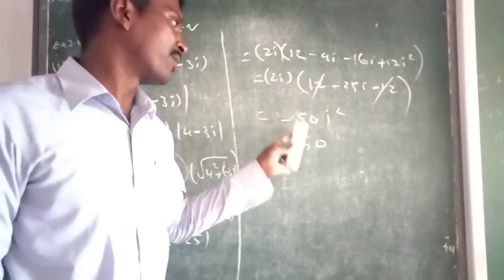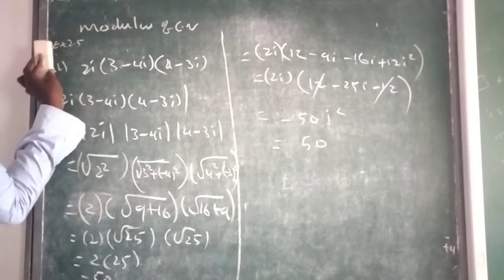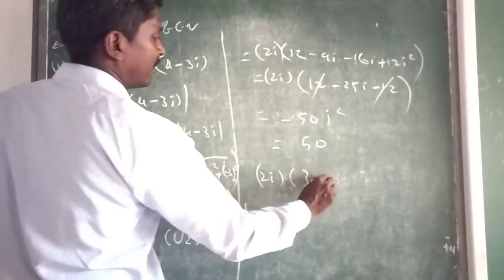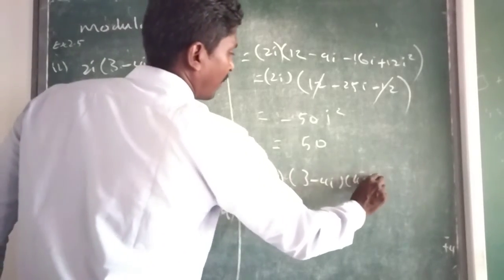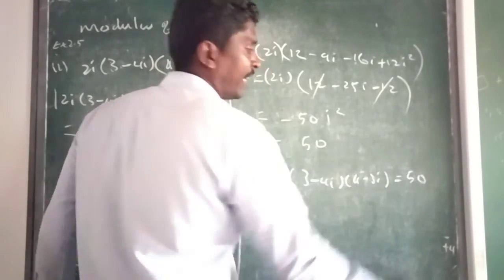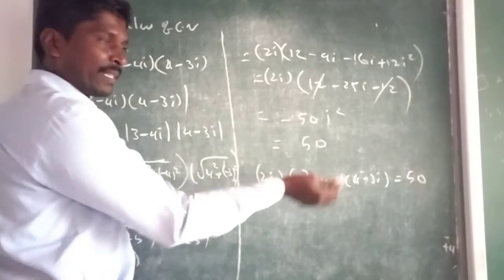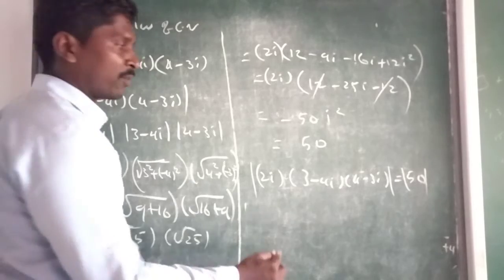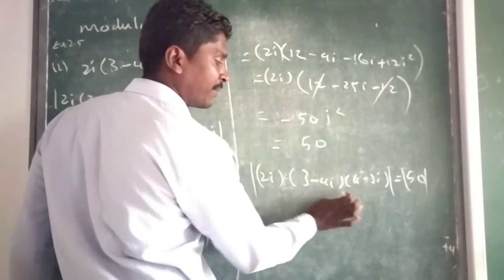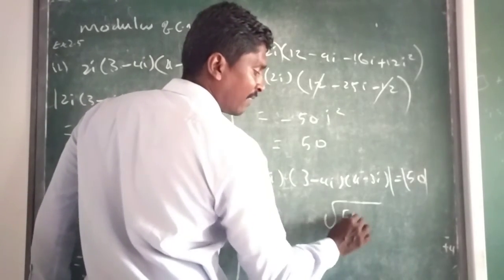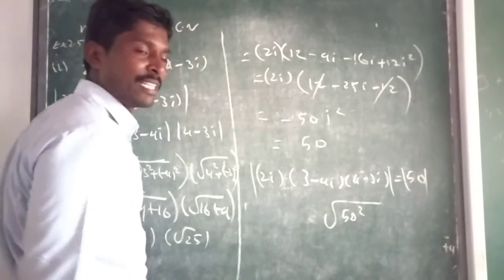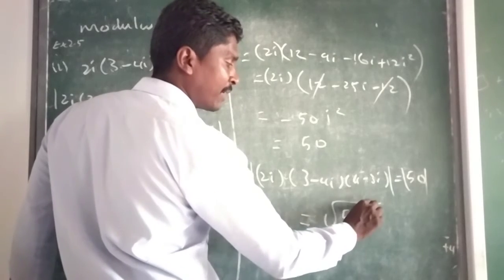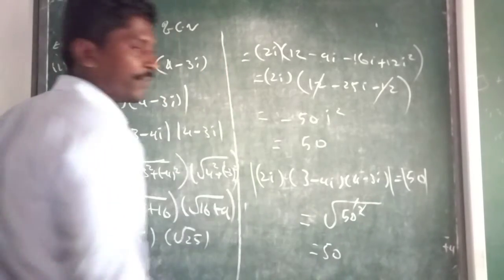So whether I bring the term 3 minus 4i into 4 minus 3i into rectangular form, it becomes 50. So both are equal when you bring it to rectangular form and take the modulus. We have only the real part. So the modulus of z equals the square root of real value square, the imaginary part being 0. When we take the answer z and take its modulus, you can eliminate the square and square root, and finally it becomes 50.